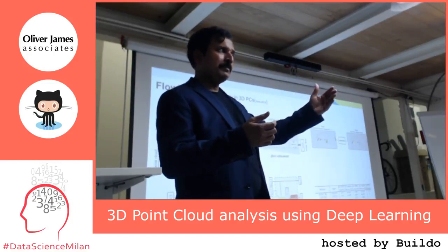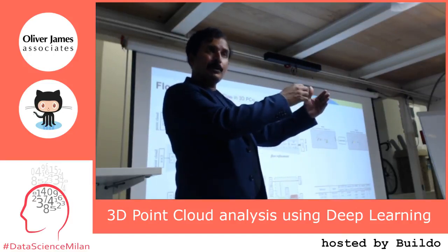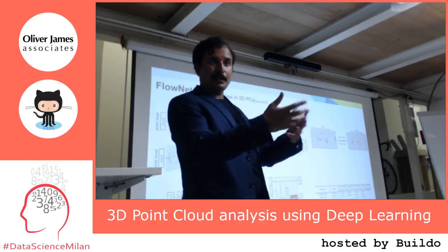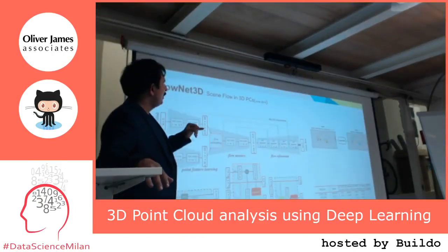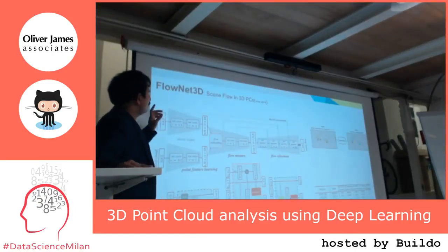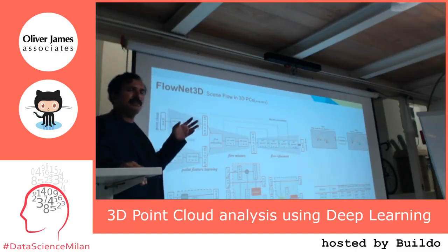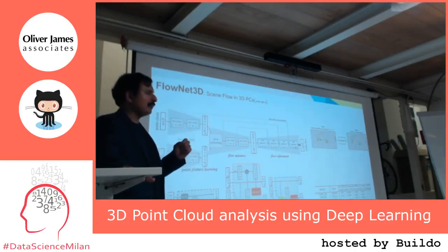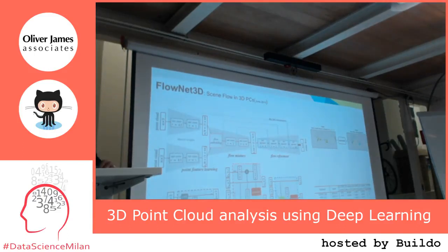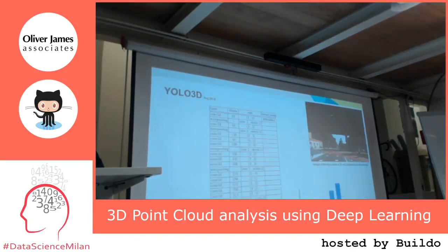Even though there's a car coming, you not only see the car, but you also see where the driver is looking, just to make sure the person observed you or not. For that type of use case, flow of action in a 3D point cloud image is important. These are a couple of papers here. I will not get into the details.